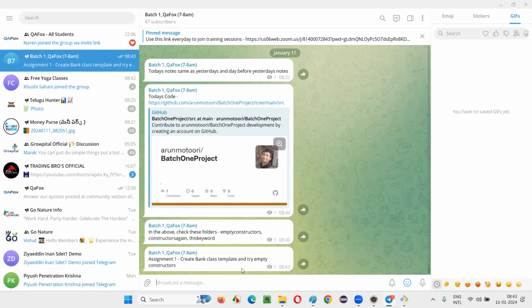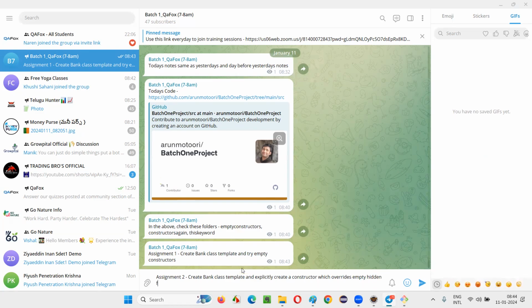Assignment 2: create a bank class template and explicitly create a constructor which overrides the empty hidden default constructor.